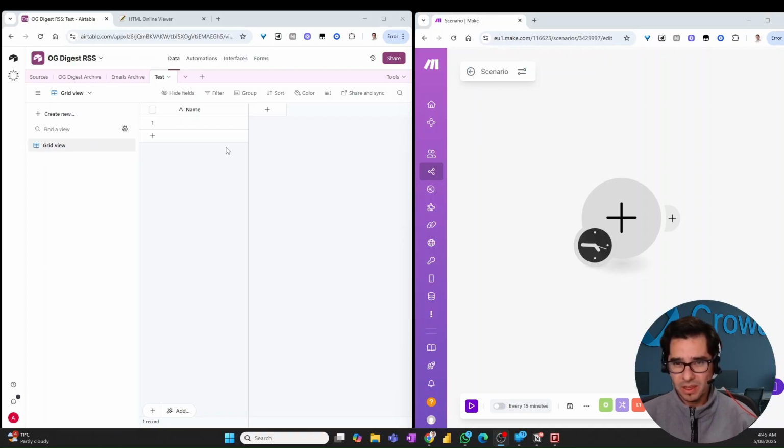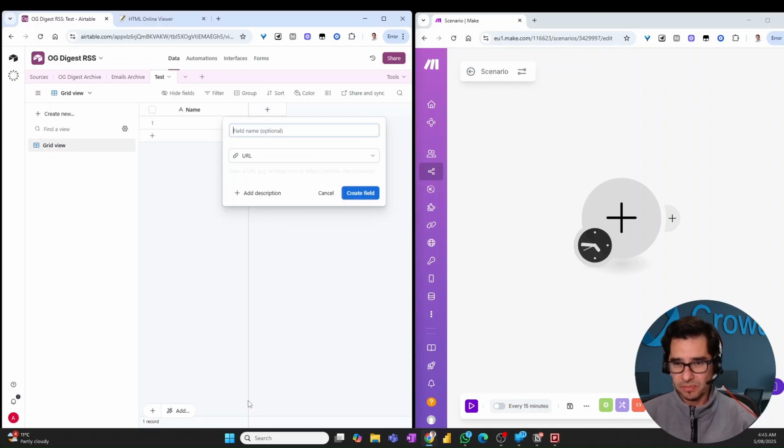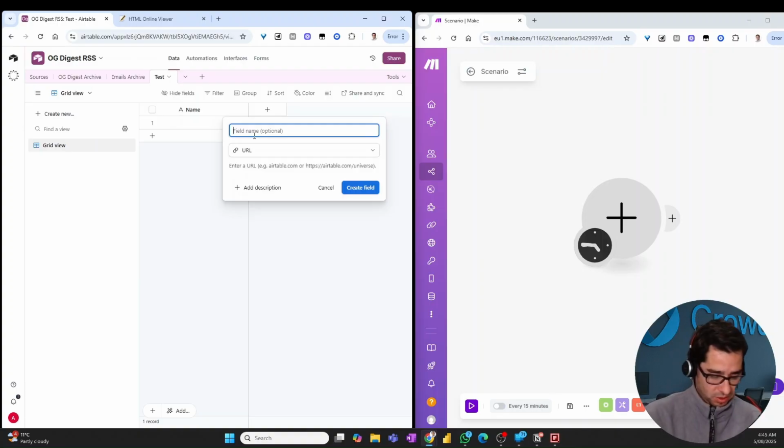It has nothing. Now, Airtable is akin to Google Sheets or even Excel, but I have been using Airtable for a long time and I really like it. So I'm going to stick to it for the purpose of this workflow. Right now I have a single column, name, which is empty, and I'm going to add a new column to my table, and that's going to be a link. And let's call this URL as the